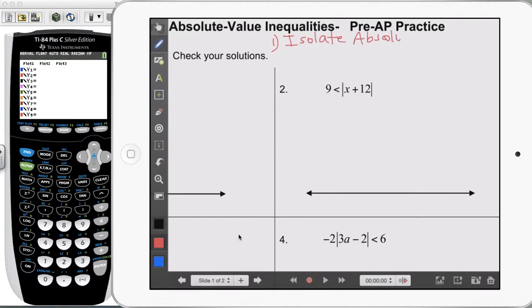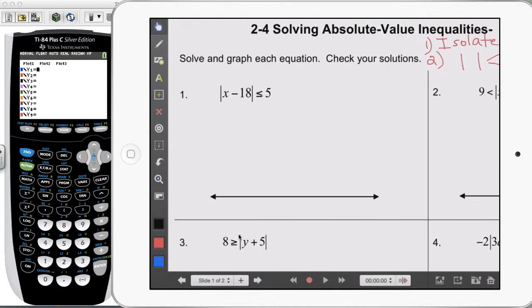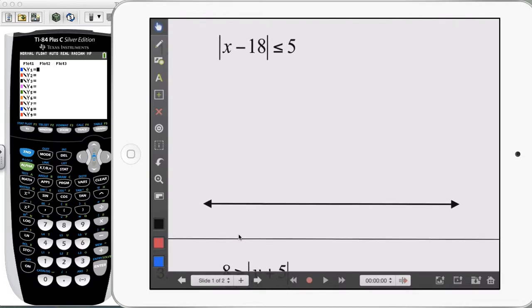And the second step is to change the absolute value into a left equation and a right equation like we used to do. Like basically rewrite it as a piecewise function. So let's go on to number 1 and see how we can do that. As you can see, the absolute value is isolated. So I'm going to start